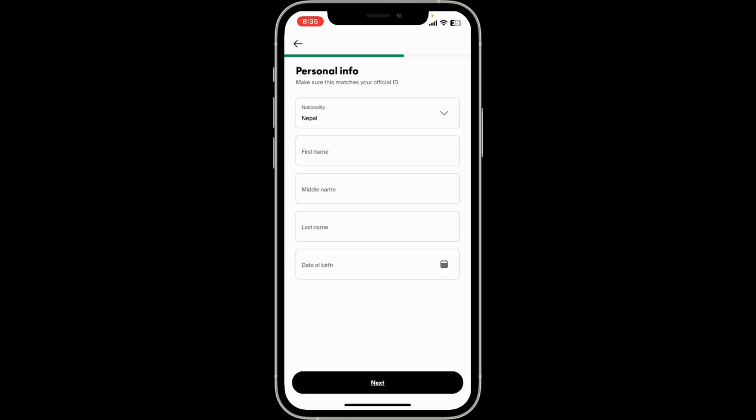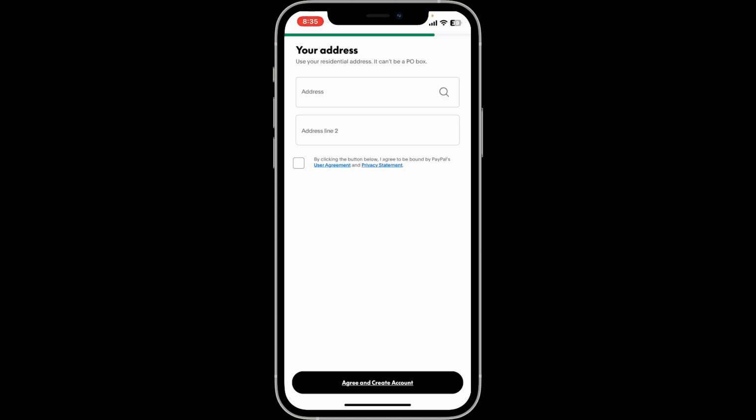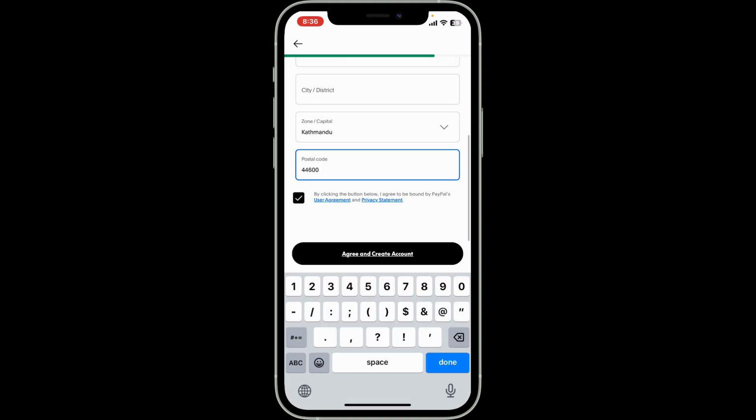Now, enter your personal information such as your name and your date of birth. On the next page, enter your address information. Type in the name of your address. Make sure to use your residential address and not a post office box number. After filling in all of the details, check on this I agree box at the bottom and click on Agree